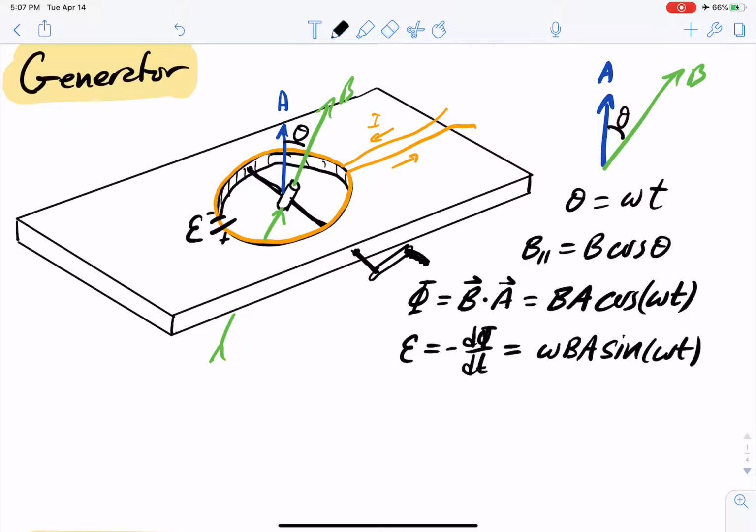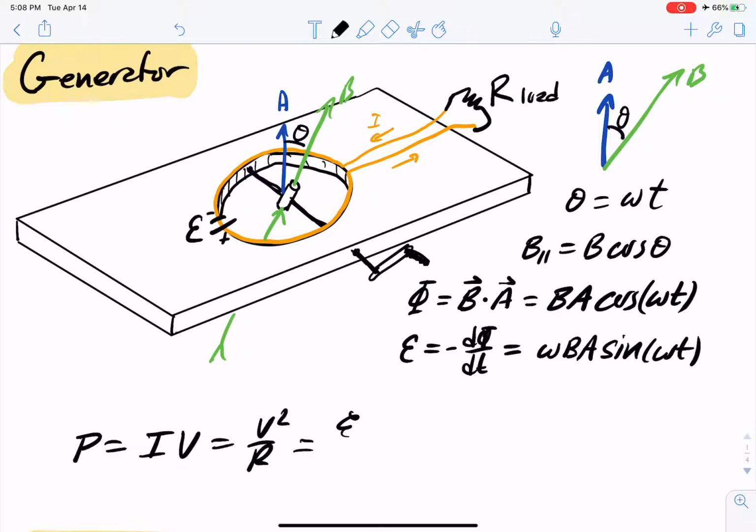So now we can imagine if we put some kind of load, which we model as a resistor, connected to that, that will allow the current to flow, and we'll get power in that. In this case, okay, so that would be